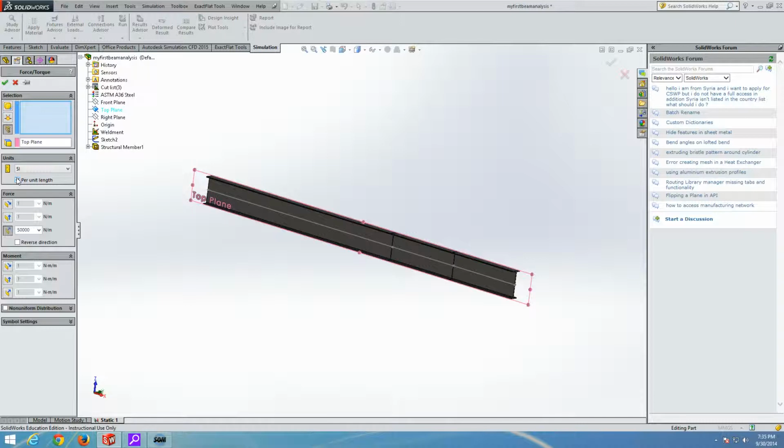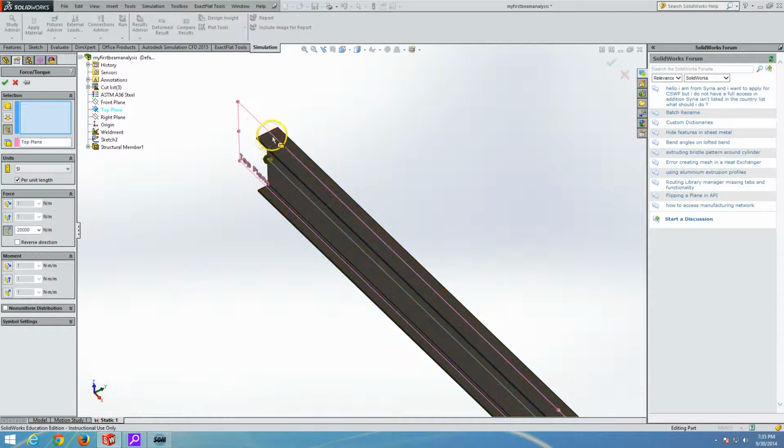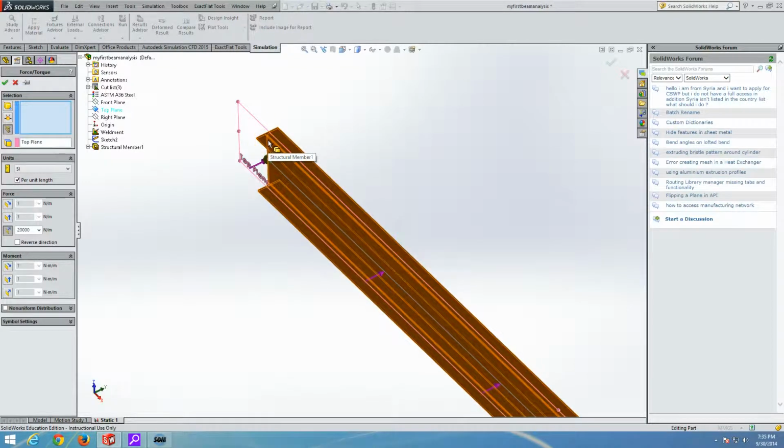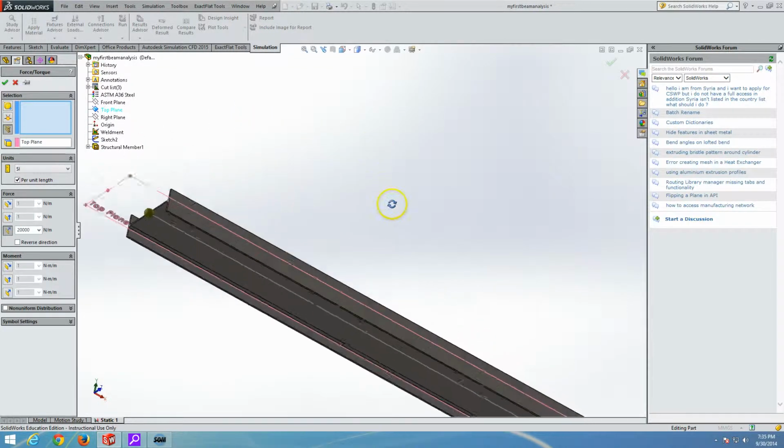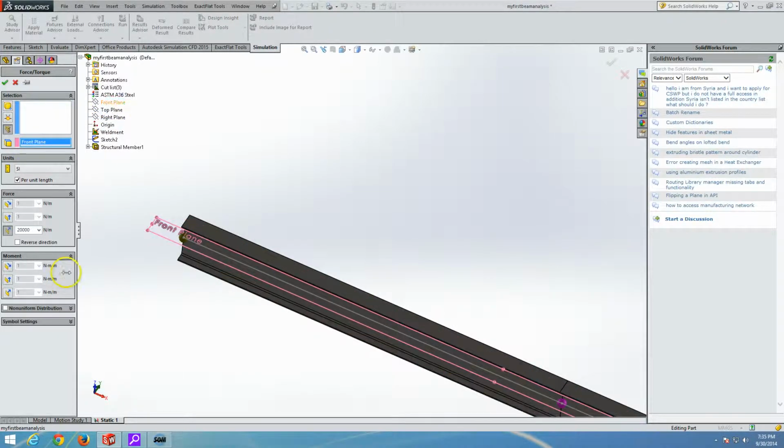Select top plane as a reference plane. So let's select the top plane. It's not 50,000, it's 20,000 newtons per meter. And we select the top plane here. Actually, it should be a front plane, and then it should be in this direction, and we will choose the